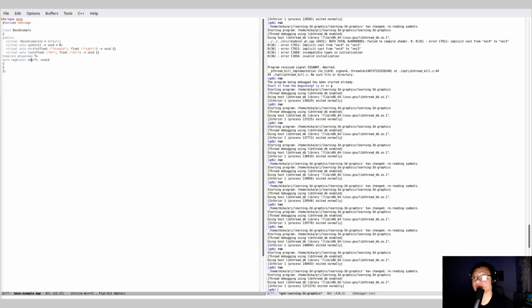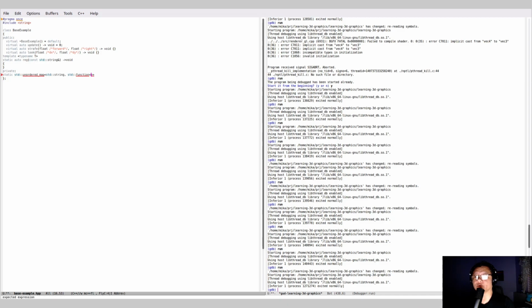String, static, and we would have a static unordered map, which would have string and function,